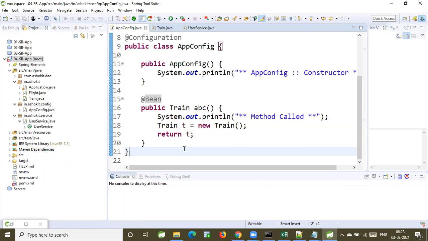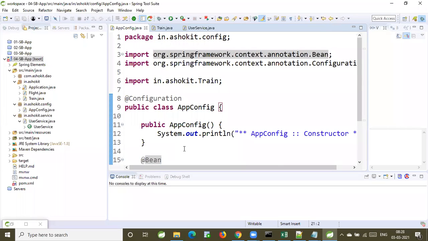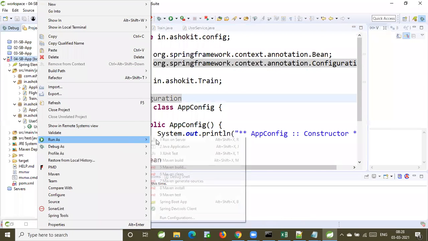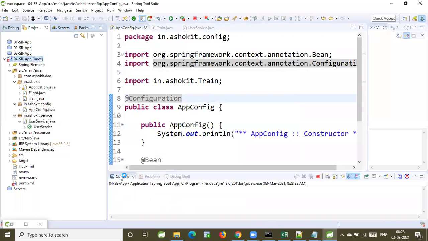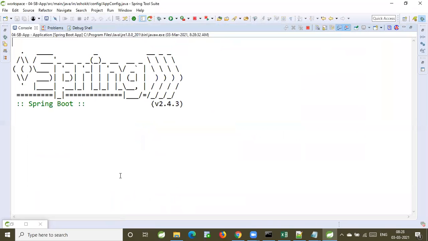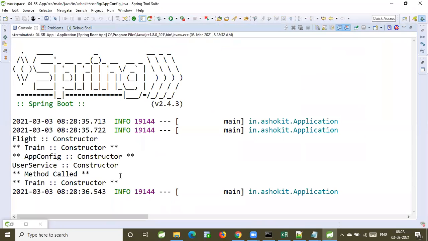There is no relation between configuration and controller. What is a component? Component is a general-purpose annotation to represent our class as a Spring Bean. And one more thing, the configuration class will get the highest priority. Once the base package scanning is completed, this configuration class will get the highest priority because configuration should be loaded.